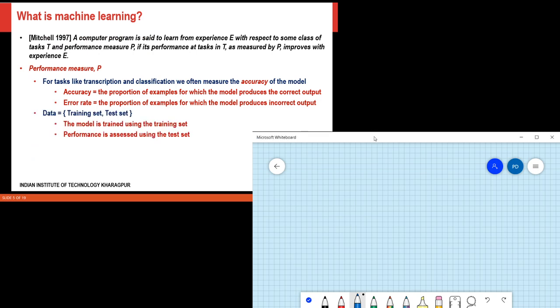So let's take the example of regression, where let's say that I am trying to learn a function. On this side I have the x-axis, and on this side I have y, which is the function of x, and I am trying to learn f.